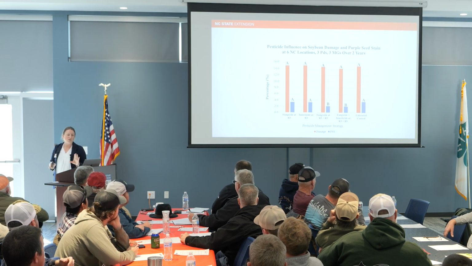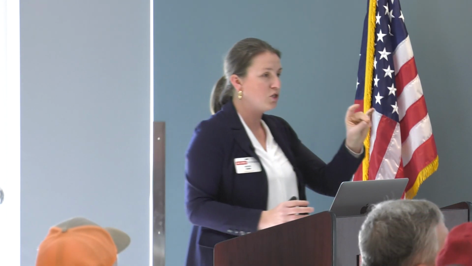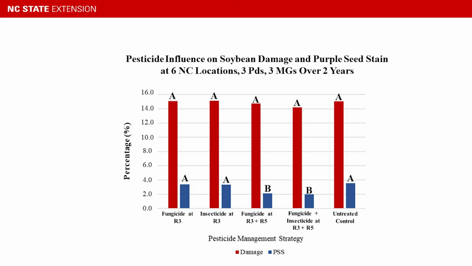And we've done research on this over the past couple of years. We did it at 6 locations across North Carolina. In each location, we had 3 planting dates and 3 maturity groups, and we were trying to manipulate and make all these microenvironments where we were going to run into seed quality issues. I would say the past couple of years, because we've had a relatively dry fall and harvest season, haven't been the best years to investigate this. But essentially what we've found is